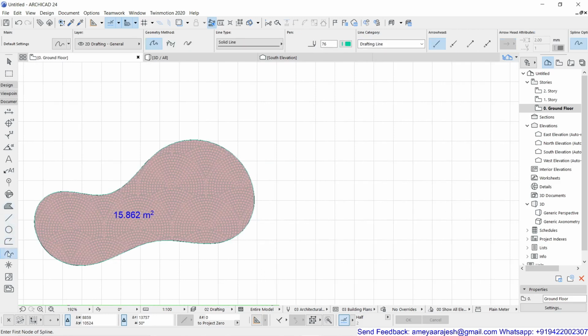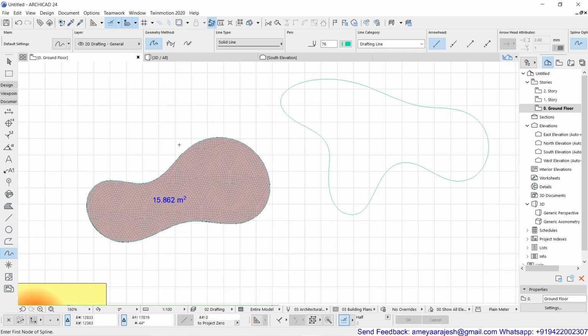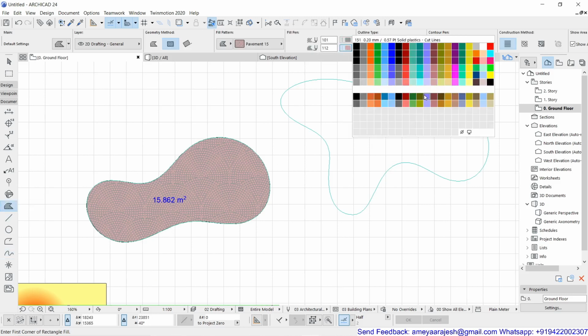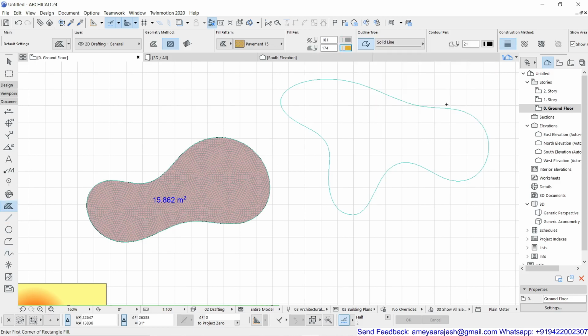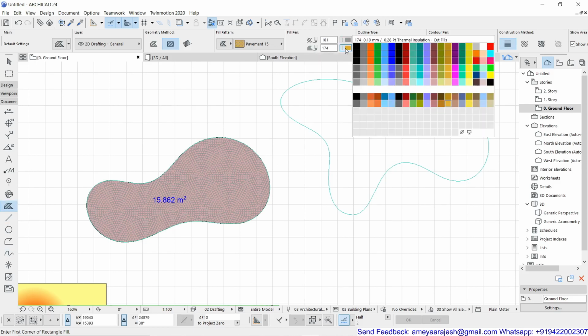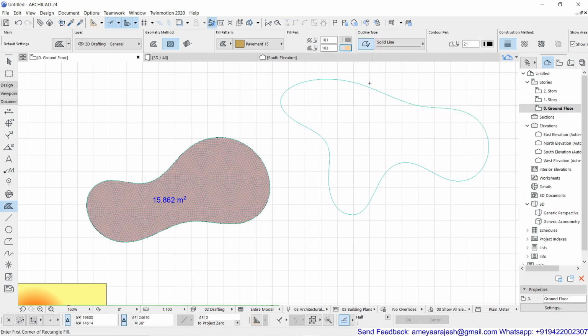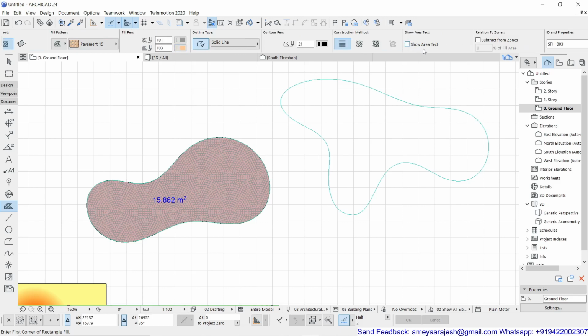Maybe I'll put in one more odd shape. If you're interested to fill this up, no worries. I'll make this color a bit more diluted so that you can isolate my pattern and the background color separately, and just scroll over here and remove this show area text.